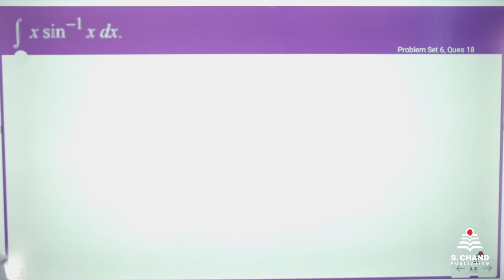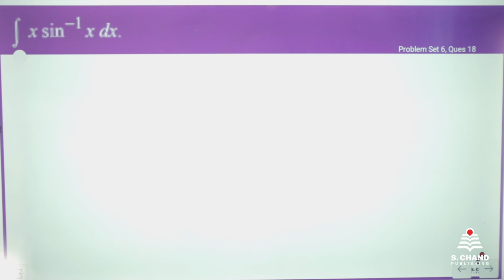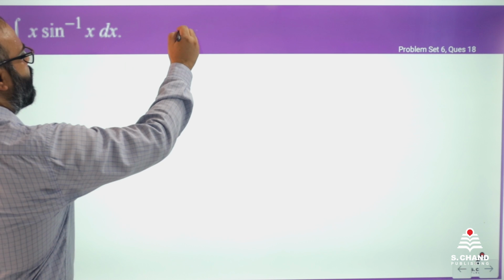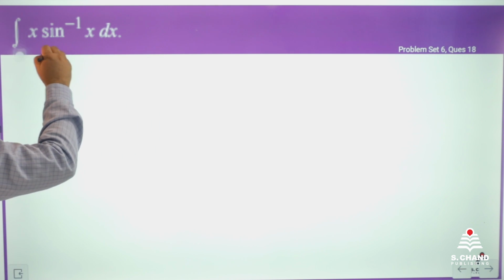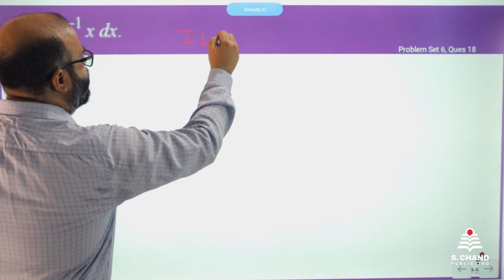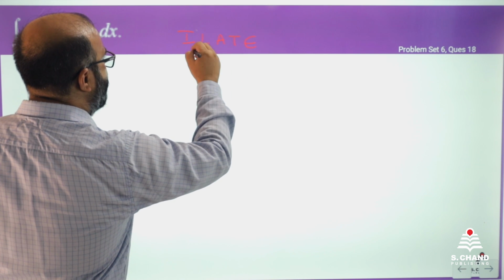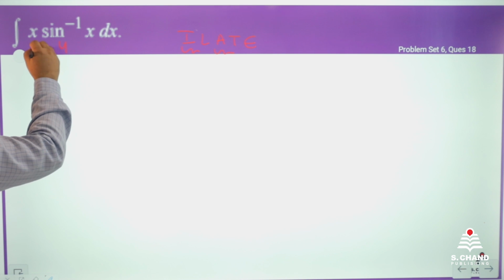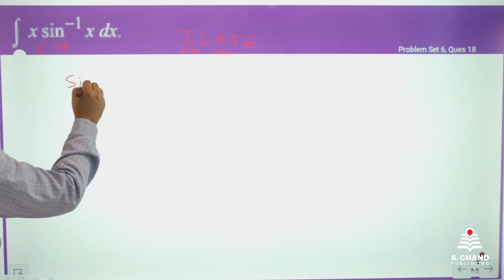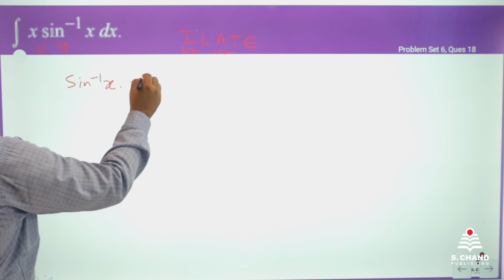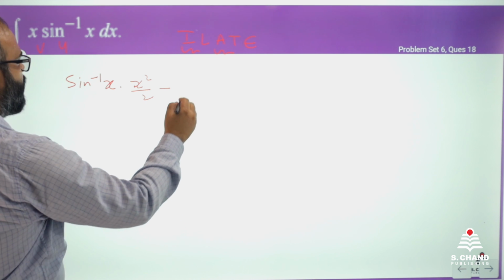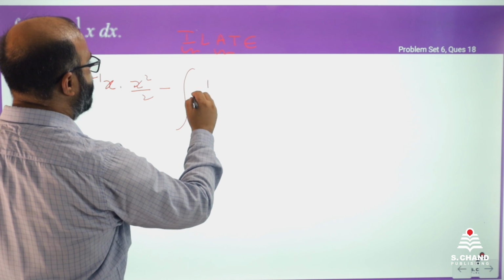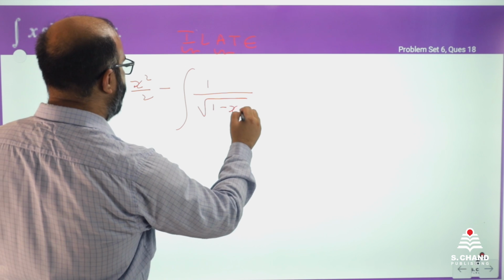Next is integration of x sine inverse x dx. This is the ILATE rule again, the by parts rule. So ILATE gives you the inverse trigonometric function first, then algebraic. So this is u, this is v. So first function into integral of second minus integral of derivative of first and integral of second,